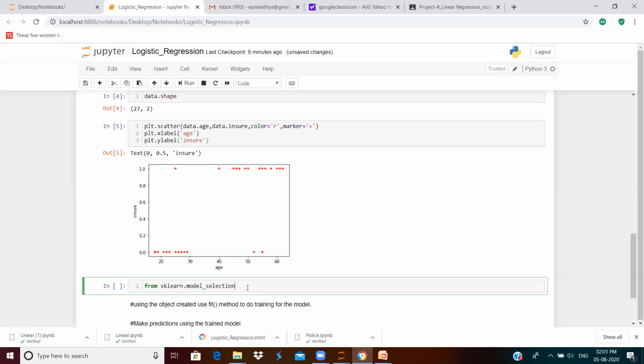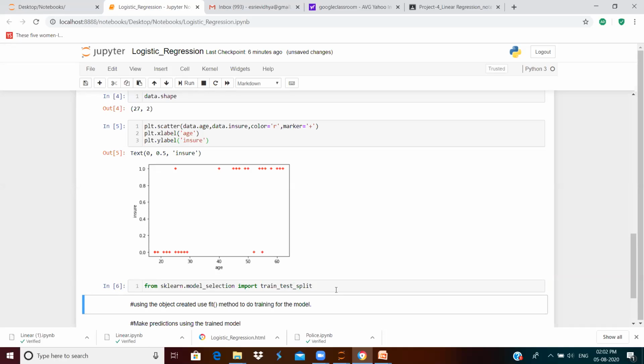And now we are going to import the class train_test_split. This is the class which we will have to import to make use of the train test split method. Let us execute it. The kernel is in execution now.